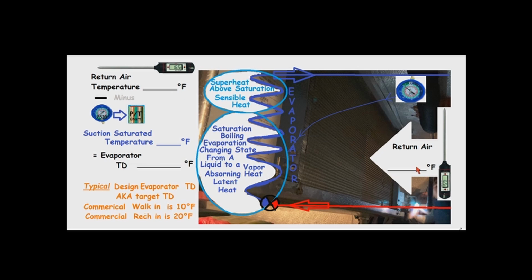If I know my return air temperature with a thermometer, I put that temperature in right here, minus my PSIG converted to a saturated temperature, and I put that number here. Return air temperature minus my suction saturated temperature equals my evaporator TD, temperature difference. Now typically, this is typical for evaporator coolers, walk-in coolers, walk-in freezers, is approximately a 10-degree difference. In other words, the saturated temperature, the PSIG converted temperature, is approximately 10 degrees lower than the